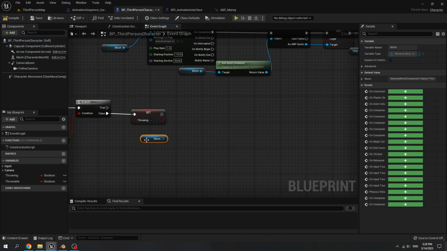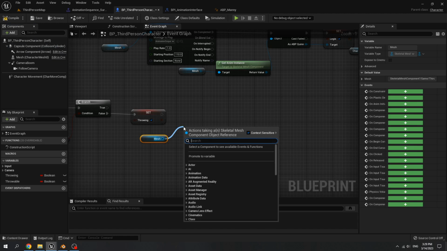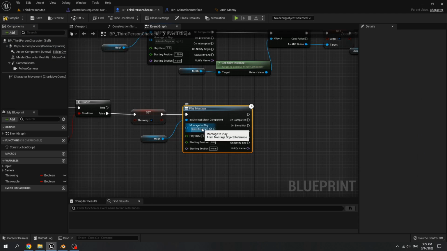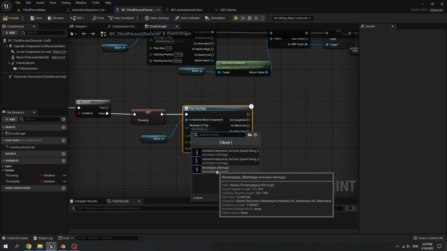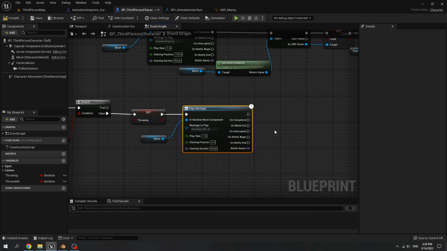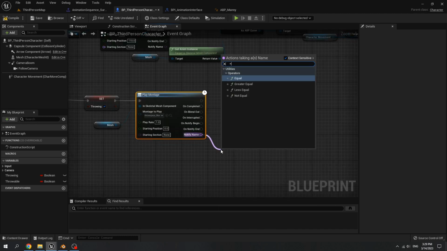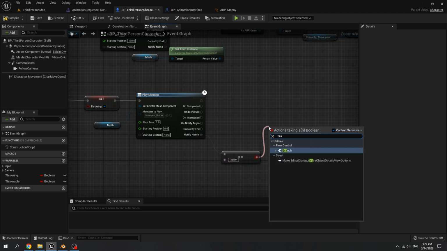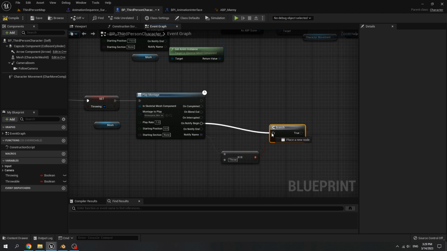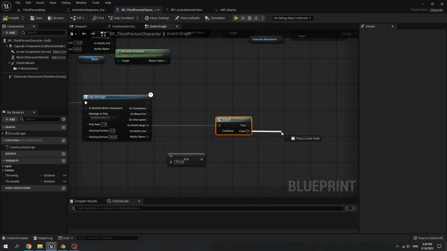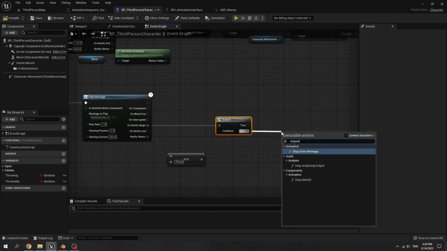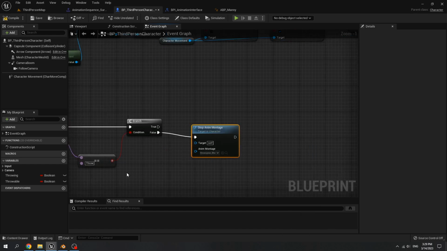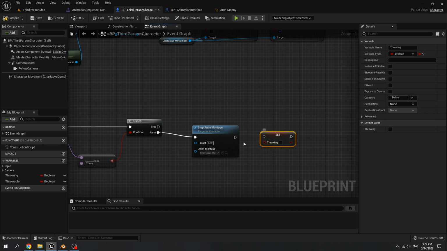Get mesh, call play montage, montage to play, select throw spear montage, notify name equal to throw, create a branch, connect notify begin. If it is false, we stop any montage, choose throw spear montage, then we set throwing to false.